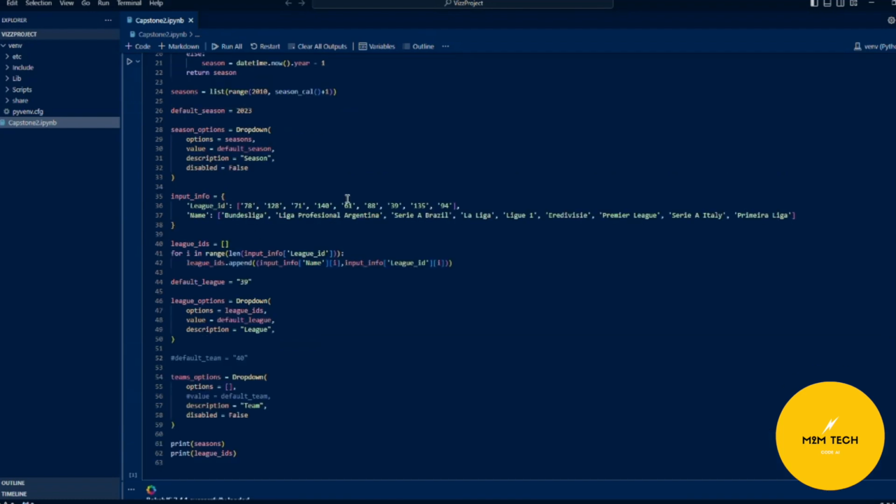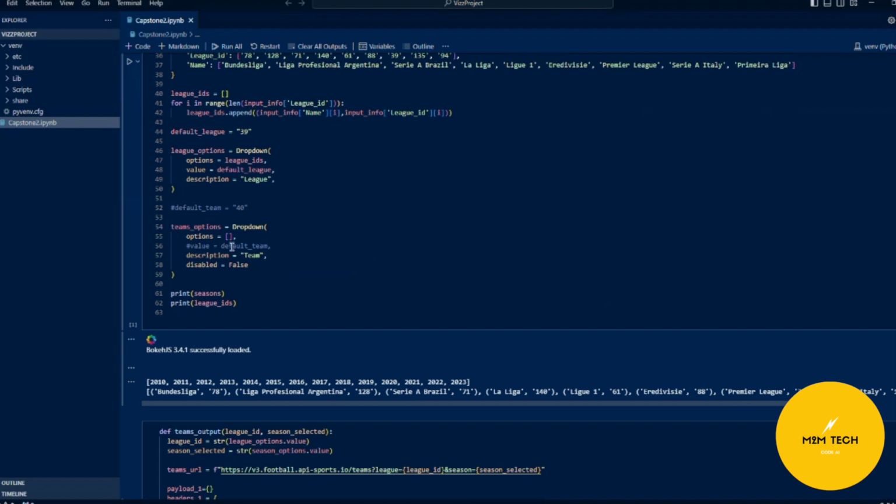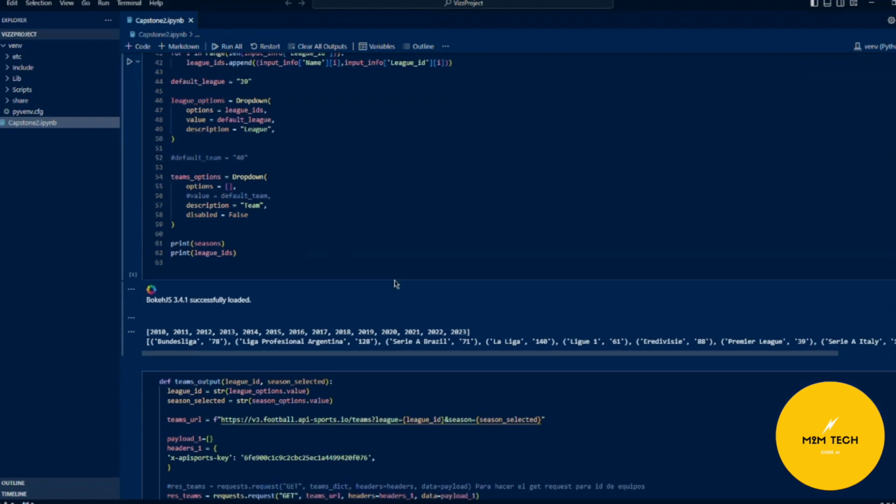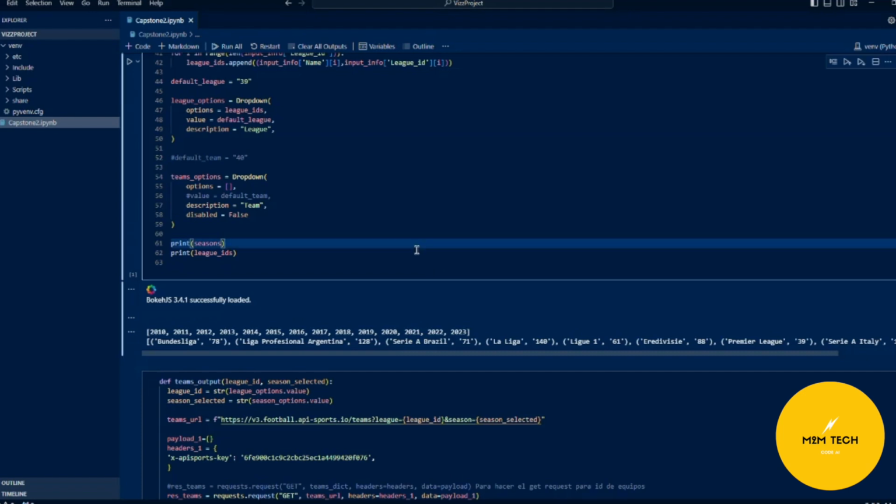Then in both cases I created a drop-down option for this information with their corresponding default season. The default season in this case is 2023, and the default league will be the one with ID 39, which corresponds to Premier League. Then at the end I created one more drop-down, for the team itself, where the options are empty for now, because those teams will need to be retrieved in the first part of the API call. So if we run this,